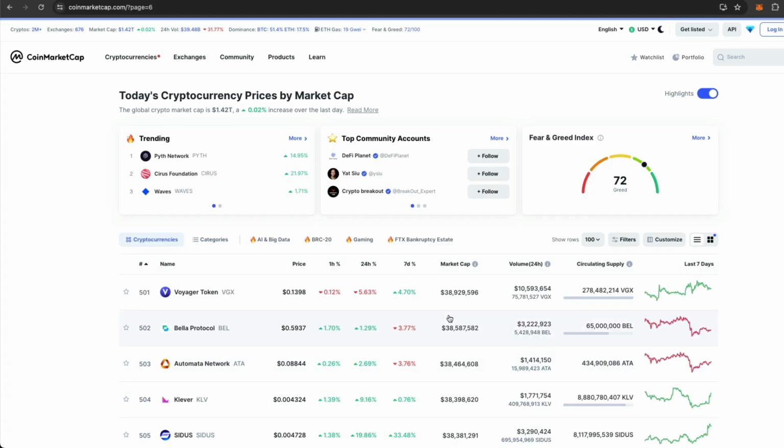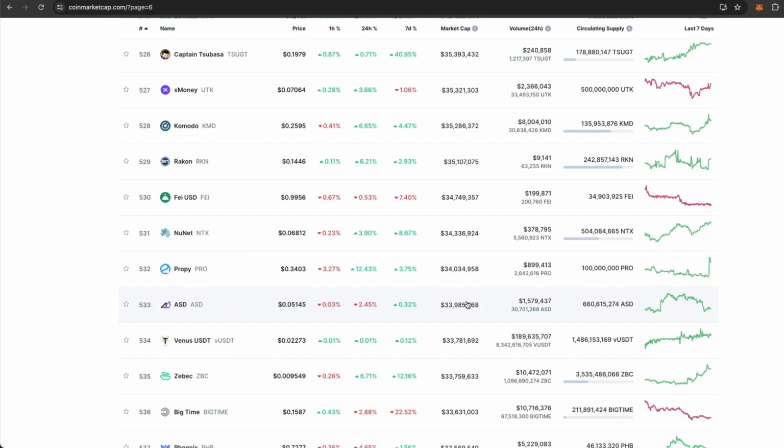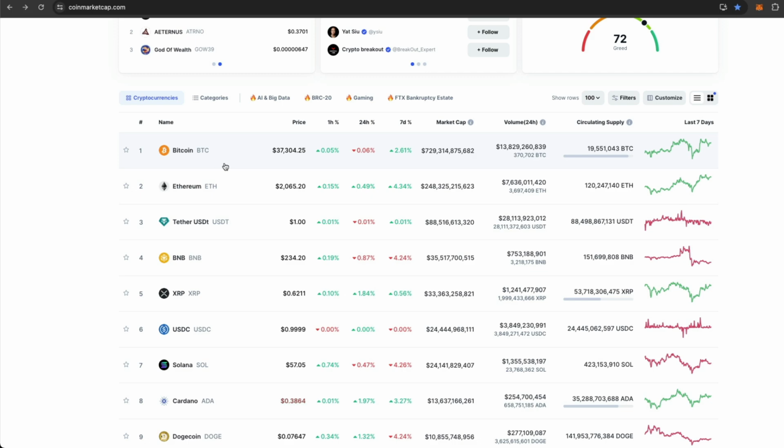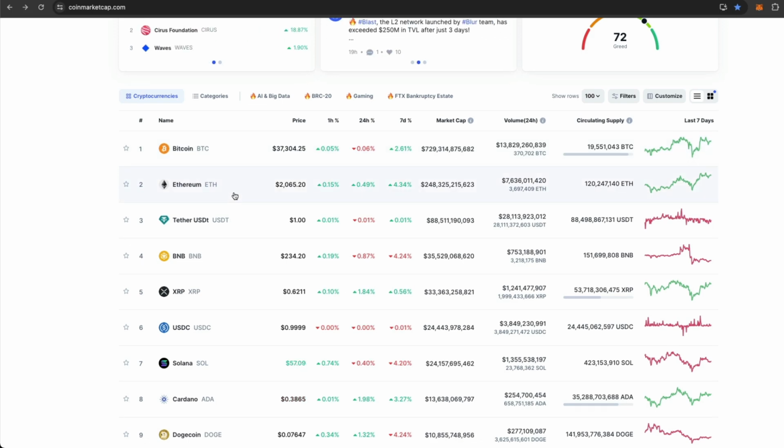And the ones that are farther down the list, somewhere like on page 6 or anywhere further along here, you'll see that the market caps start going down into the millions. And they'll just get lower and lower. Whereas on the front page, we're in the billions for market caps. And you can basically think of bigger market cap blockchains as being blockchains that people most likely trust more because they're obviously holding more money and value in the blockchain.